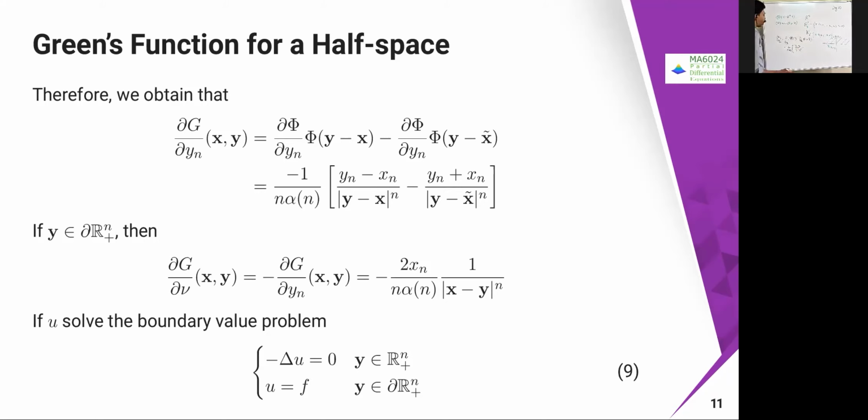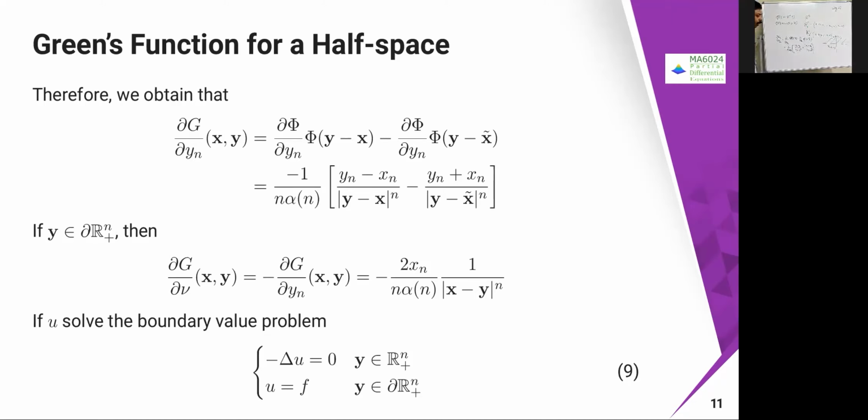Whereas in the y minus x delta, this is going to change because on the last coordinate, instead of y minus x, you have yn plus xn. So that is going to become yn plus xn divided by y minus x delta whole power n. So if I simplify that further, y belongs to R n plus. Whereas if it belongs to the boundary of R n plus, then in that case there is no problem.